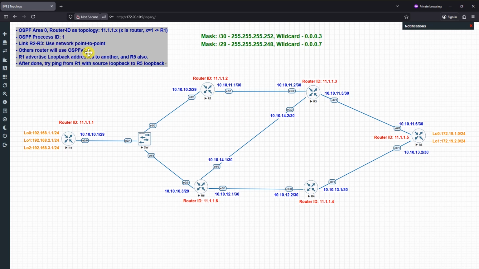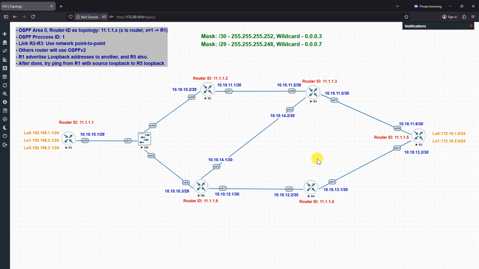For the link between router 2 and router 3, I use the point-to-multipoint network type, a special network type. With this type, the routers will not elect the DR and BDR, and I'm using OSPF version 2 on the